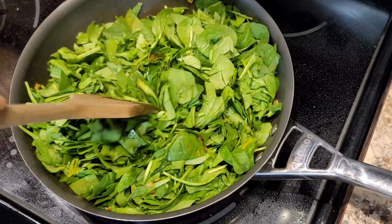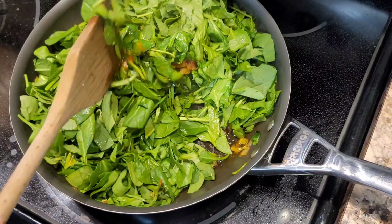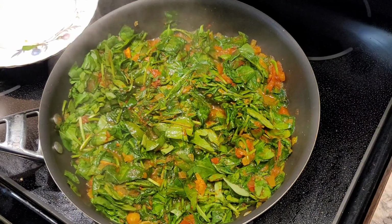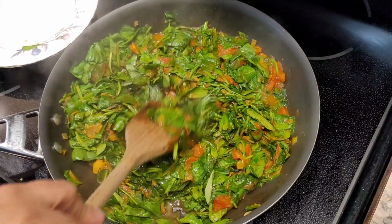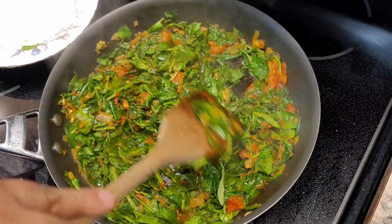So just keep stirring it nicely. At first you have to be a bit careful because your pan is going to be pretty full, and then once it's wilted, it'll be easier to cook. So here it is, it's wilted, and it's nice and easy to manage. Now at this stage we are going to